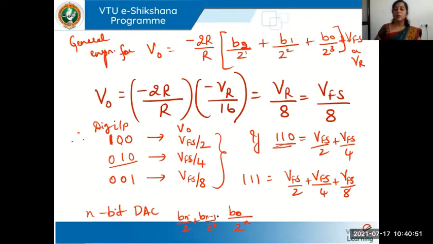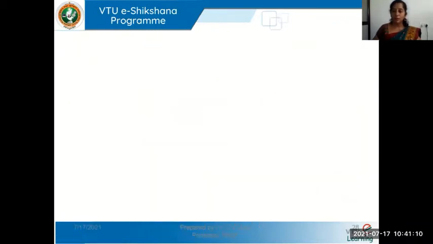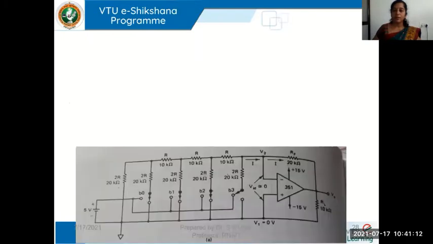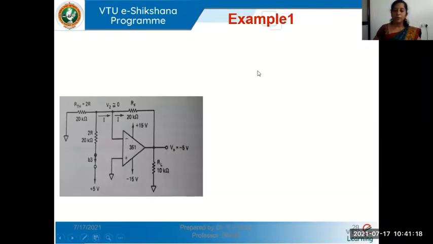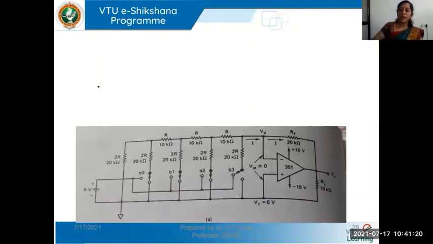Okay. So you will have the values like this, and the rest of the values, minus 2R by R and Vr, would remain as it is. So this can be the generalization for the n-bit DAC. This is the general equation for a 3-bit DAC. Do you have any doubts with this derivation? If you don't have any doubts, we can observe the same thing for a 4-bit DAC.